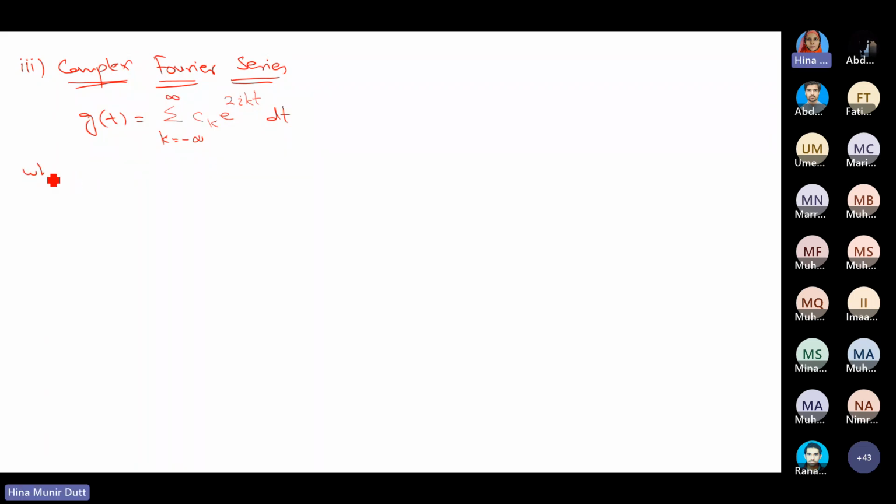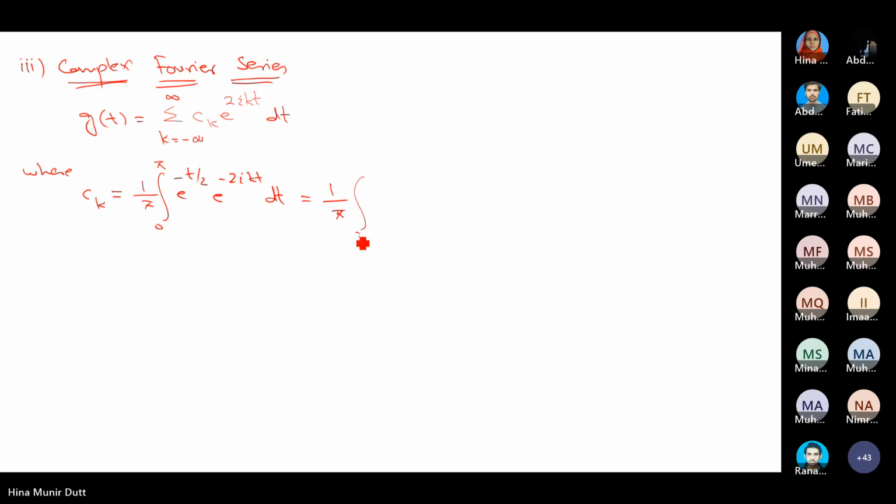So where c_k is equal to 1 over pi, integral 0 to pi, e to the power minus t over 2, e to the power minus 2 iota k t dt is equal to 1/pi,